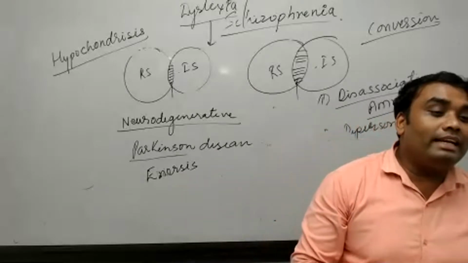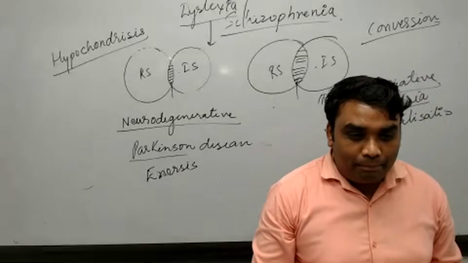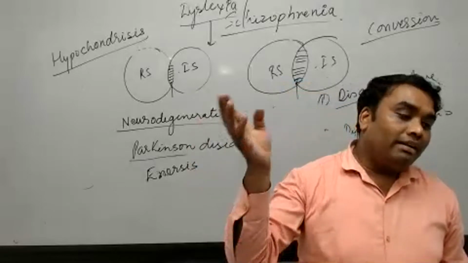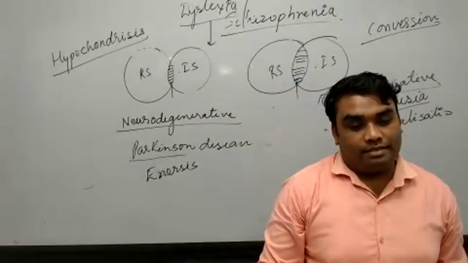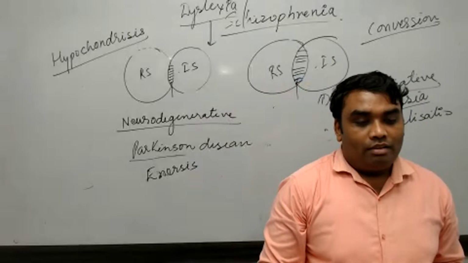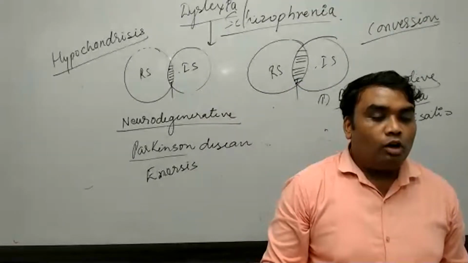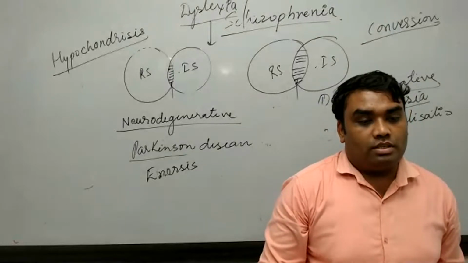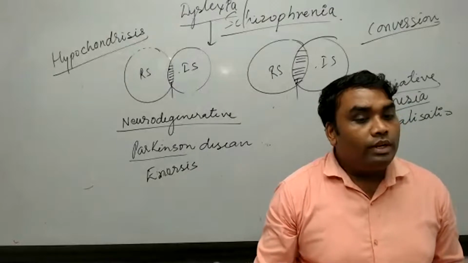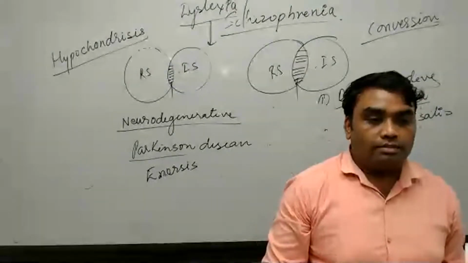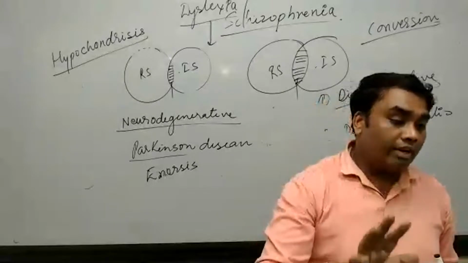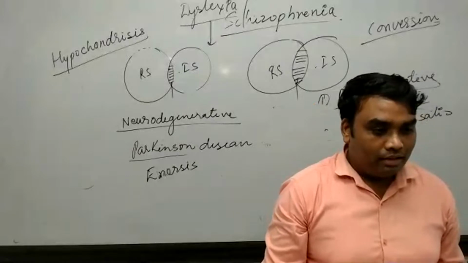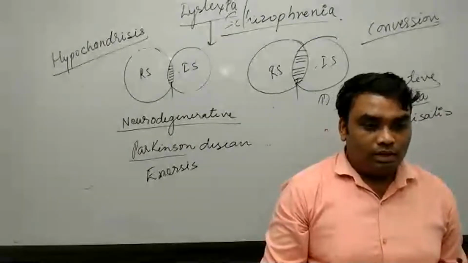Enuresis means this is mainly in child. वो बच्चे अपने पैंट में ही यूरिन कर देते हैं even after the age of 5 years 6 years. That is enuresis, right? Inside of the class, even on the bed also, जब वो बेड में यूरिन कर दे तो that is enuresis. Enuresis means when childs do urines on bed or inside of their clothes, even after the age of 5. कभी देखा 5 साल के बाद के भी बच्चे क्या करते हैं, वो बेड में ही सुसु कर देते हैं, सोए सोए उनको ड्रीम में यूरिन होता है।